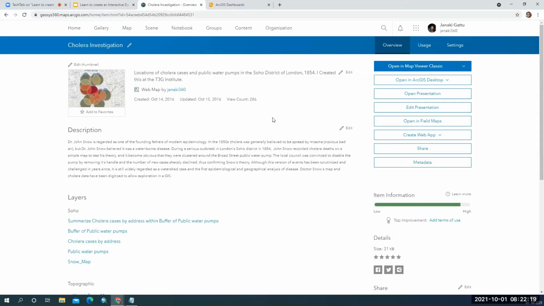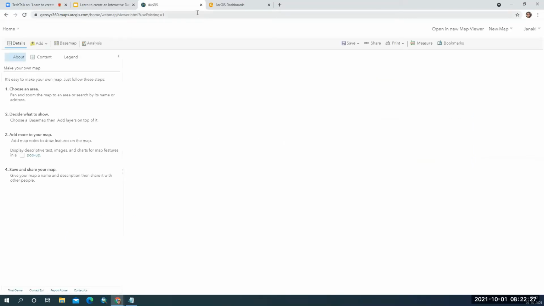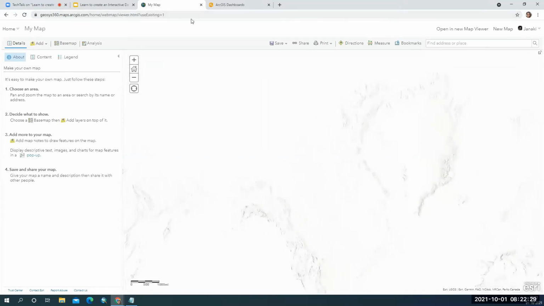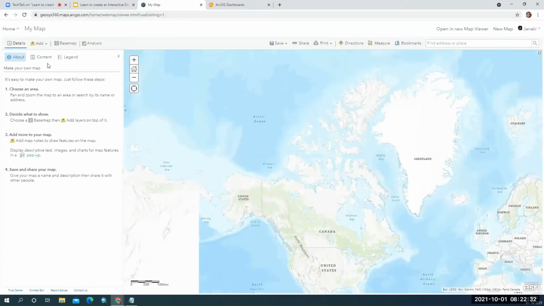So there are various ways in which we are going to create this particular information, but that's not the concept which we are going to work on. So come back and we'll see how we can create a dashboard right from the very beginning. This is my ArcGIS Online account and I wanted to create a map, but I don't have time to really create the data. As I wanted to show you a demonstration, I would like to consume the data from ArcGIS Online.